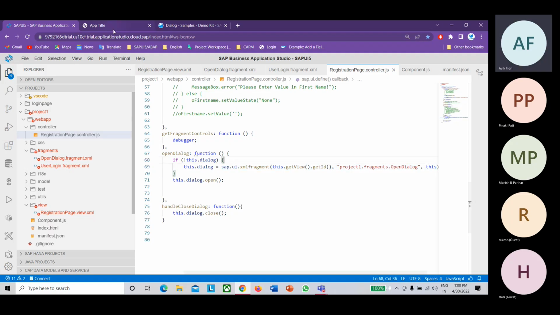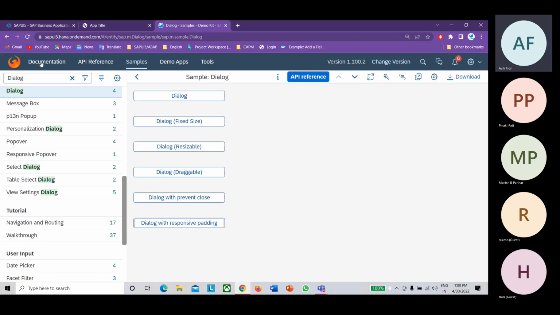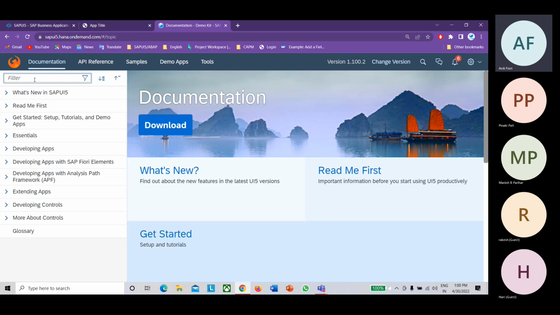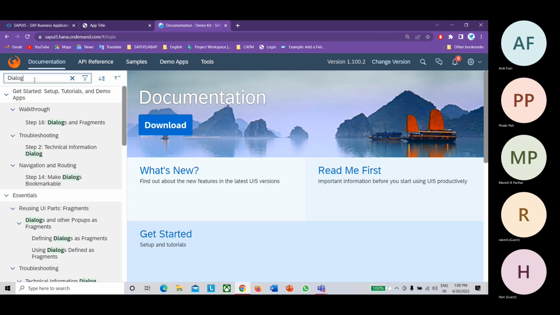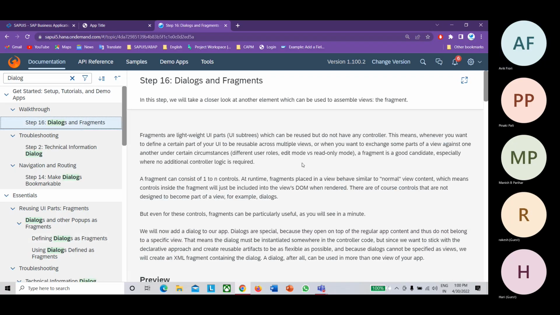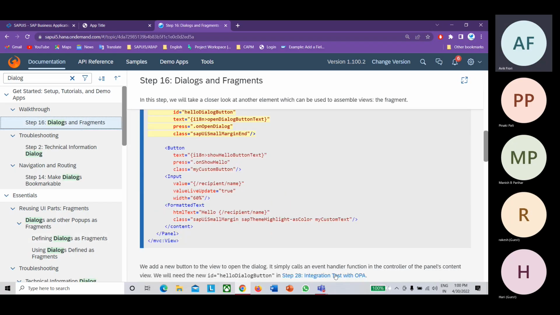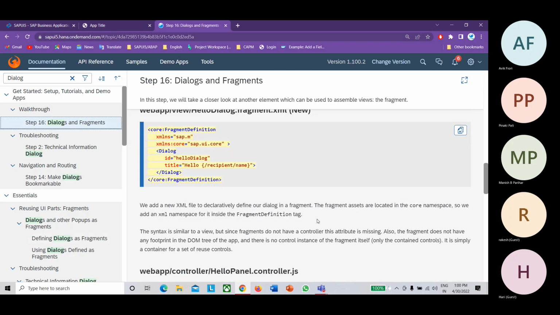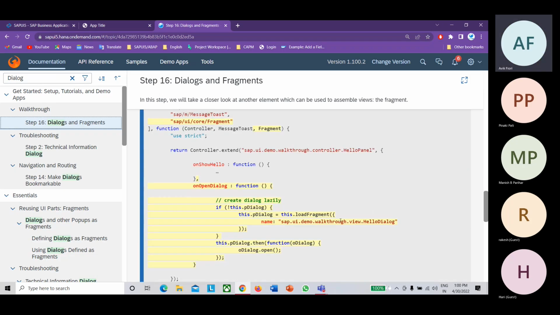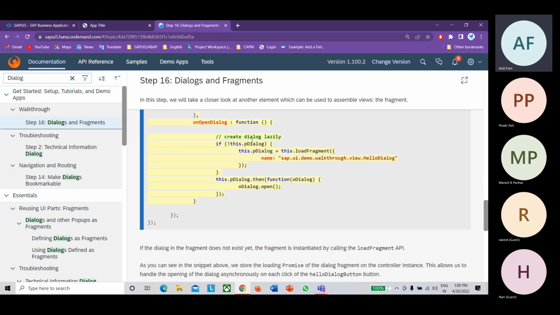I'll tell you one more thing. If you go to the documentation, you can search for dialogues. You will have one walkthrough here, dialogues and fragments. Here there is already source code. They have used a different method to load the fragment. I have used a different method just for explanation purposes.